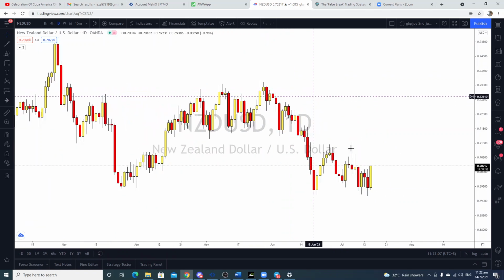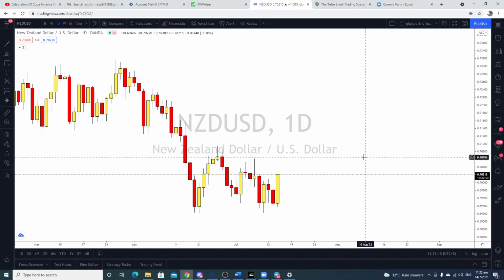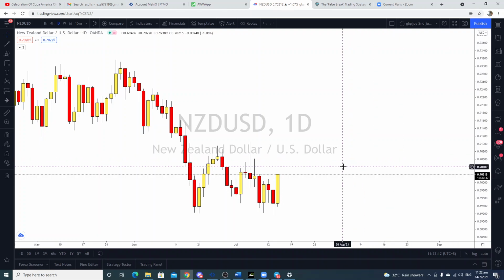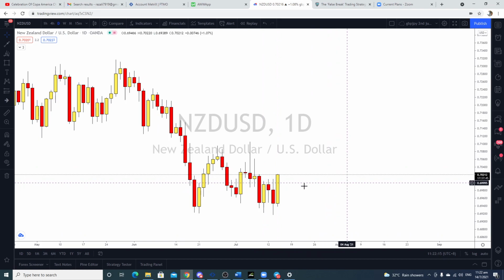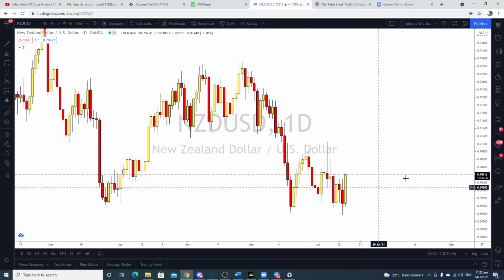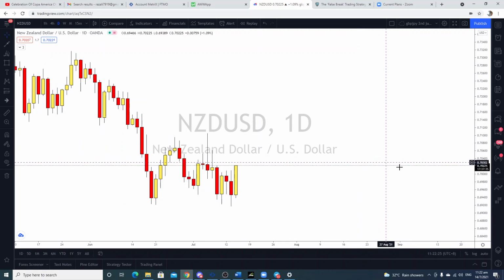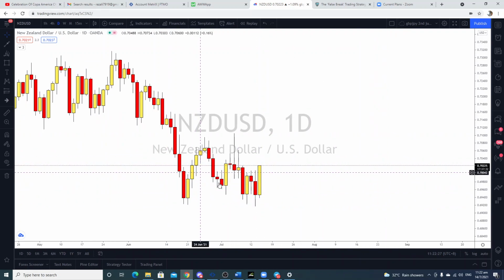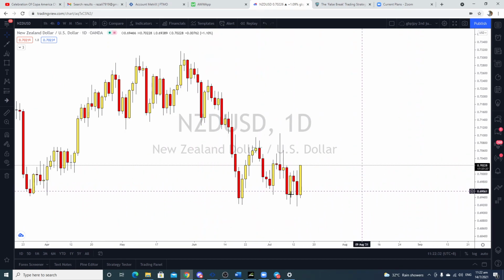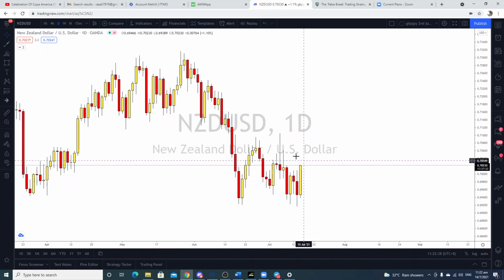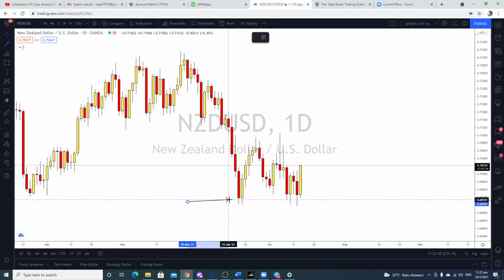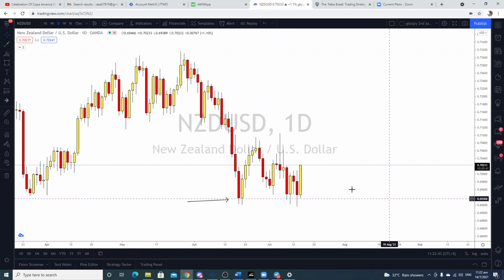So just remember that the most important aspect of your trading is that you must include the reasons and the rationale as to why you buy this. In this case, there's no reason for us to look for a sell after a drop. Price is in a good double bottom, telling us that the sellers could not push this price lower than where it is right now. This is a strong push. In order for this trend to continue to the downside, price has to break this first. That is the reason why.